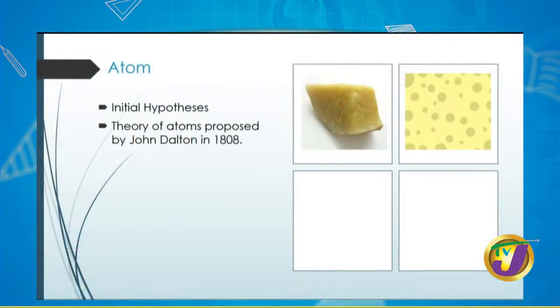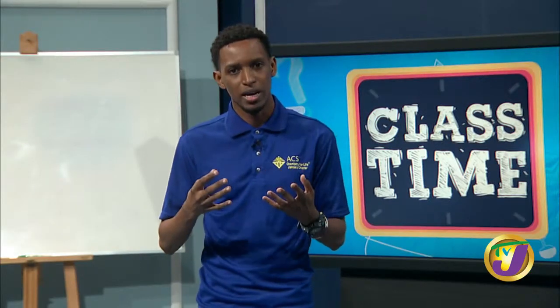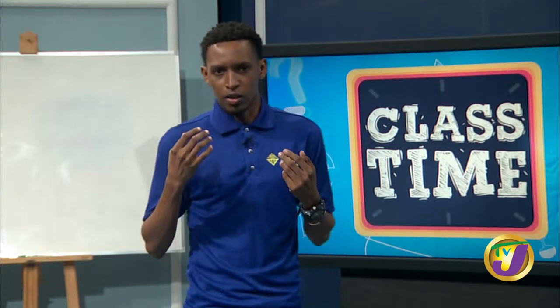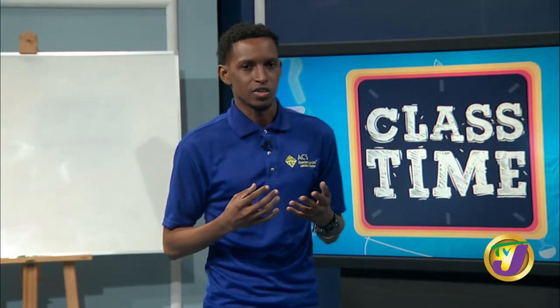It was not until a scientist, John Dalton, in 1808, came up with his theory on atomic structure that we gleaned the knowledge that we have on atoms today. Now, Dalton's theory essentially states that matter is made up of atoms, and an atom is the smallest, most indivisible particle known to man, meaning that it cannot be broken down into anything else, right? Further studies on Dalton's theory by